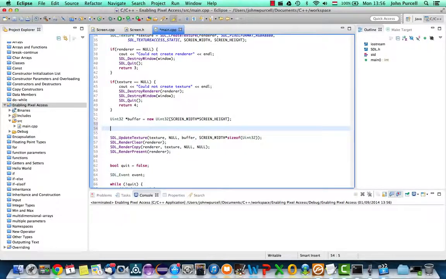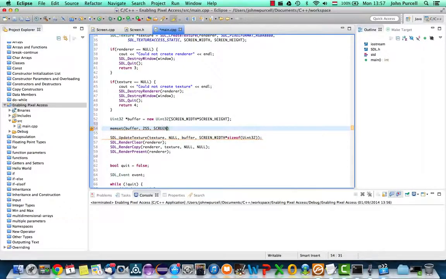I'm going to use a very, very useful function which everyone should know about, called memset. Memset allows you to set a block of memory with a particular value. So the first argument is the buffer. The second argument is the value that we're going to write into every byte of that memory. So let's put 255, because we want to try to get every byte set equal to its maximum value, red, green, blue and alpha, and that should give us a white colour. And then, if I remember rightly, we need the number of bytes that we want to set, which is going to be